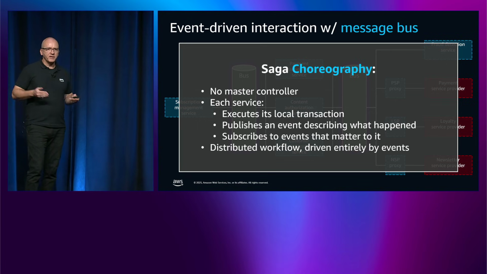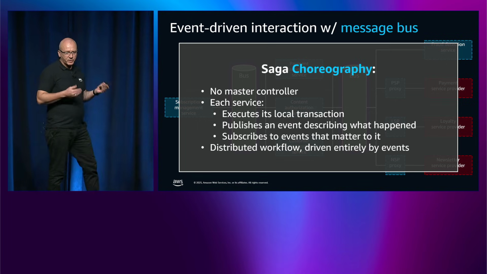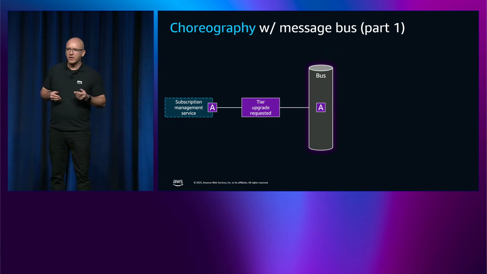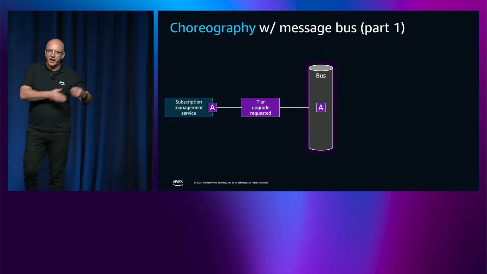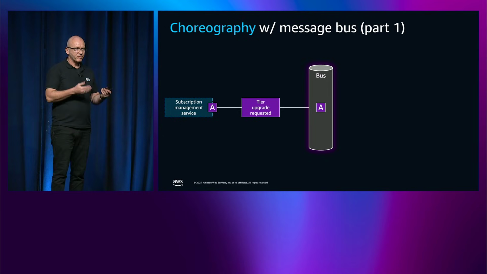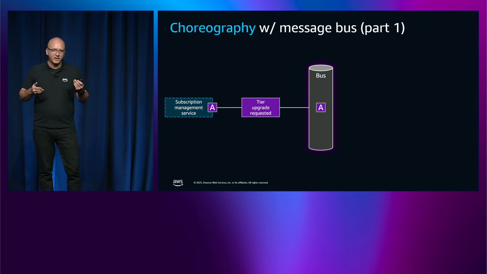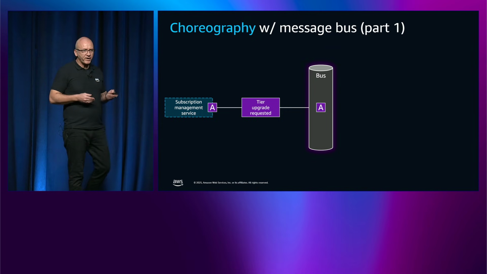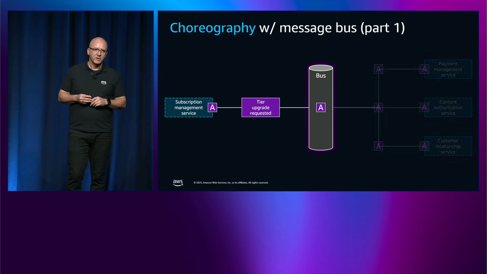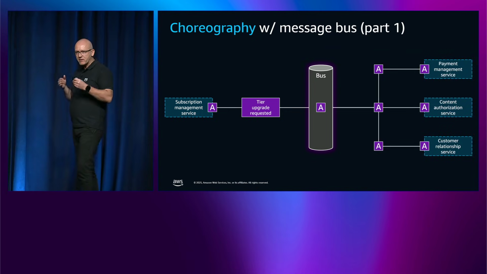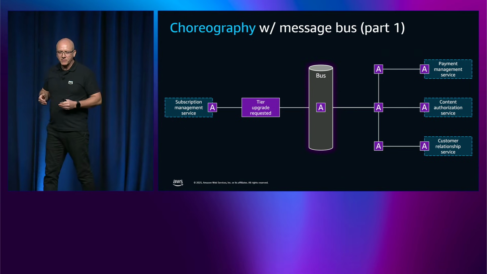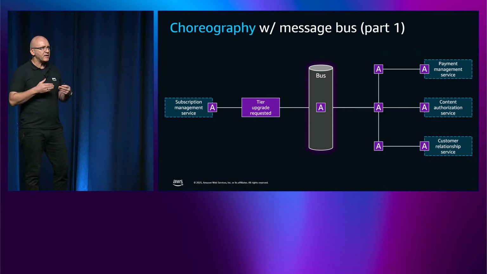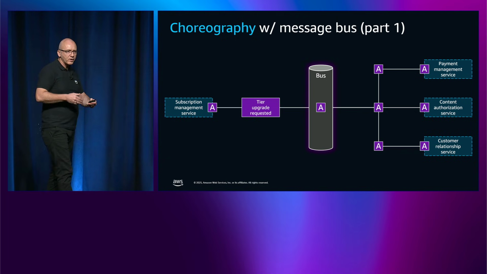How can that look in concrete detail with our use case? So we have the subscription management service that is being touched by the end user client. It receives the subscription request. What it can do now is to publish an event. The type is tier upgrade requested, it goes into the bus. And what we have as the next level of downstream systems are probably the systems that are interested in this event. And they can now do some work,